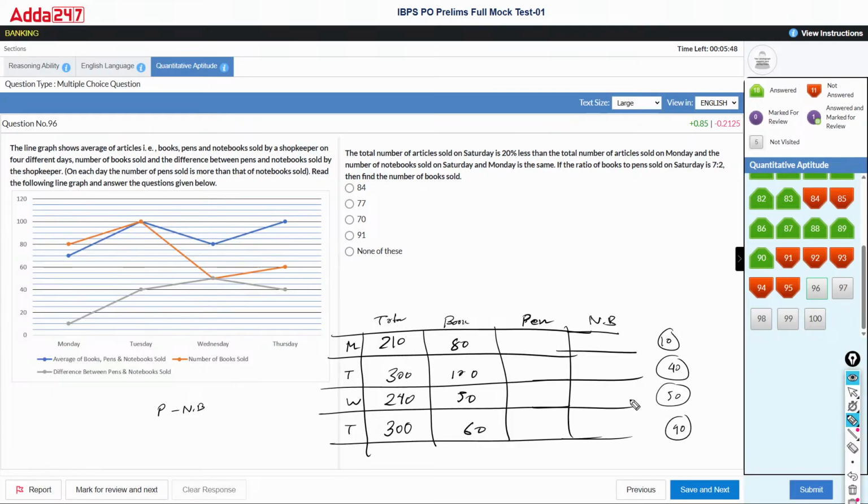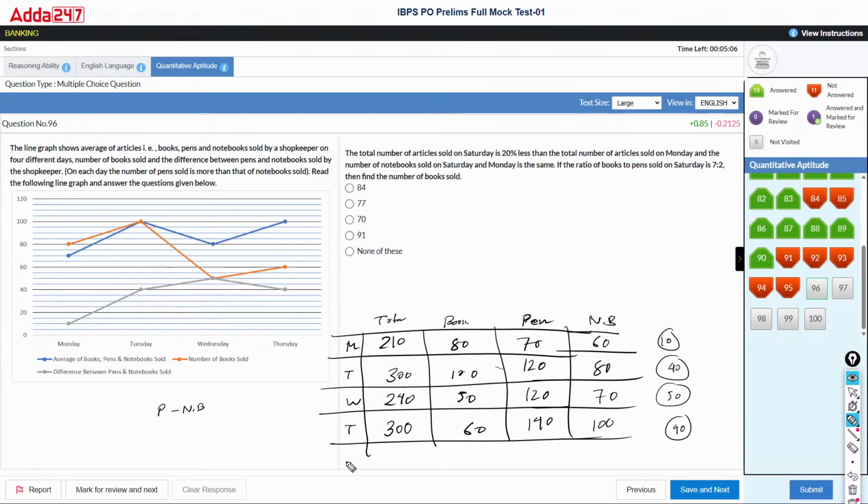So summation is 240, 280, 140, 100, 190. Okay, so 240, 120, 170. No, 120, 70. 200, 240, 120, 40, 80, 10, 10, right? So this is 130, 140, 70, 60. Yeah. So now they're saying the total number of articles sold on Saturday is 20% less than